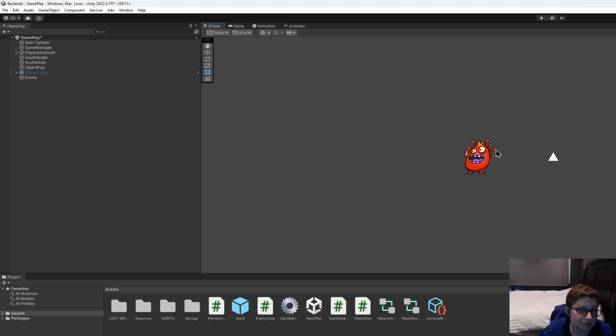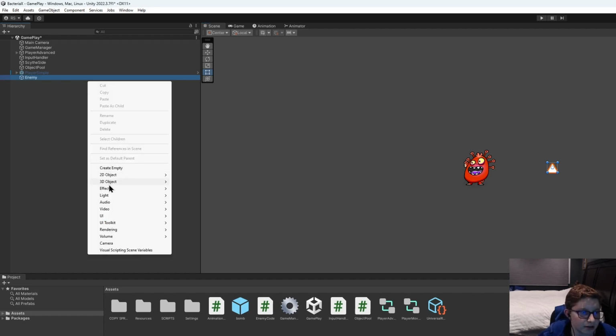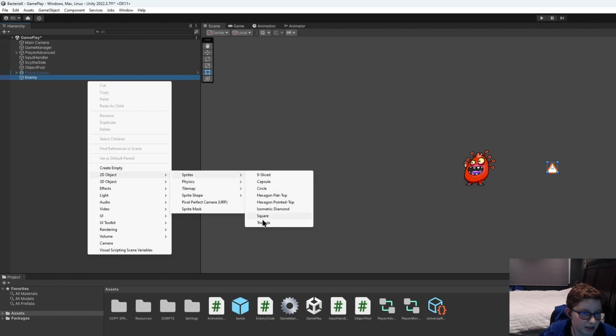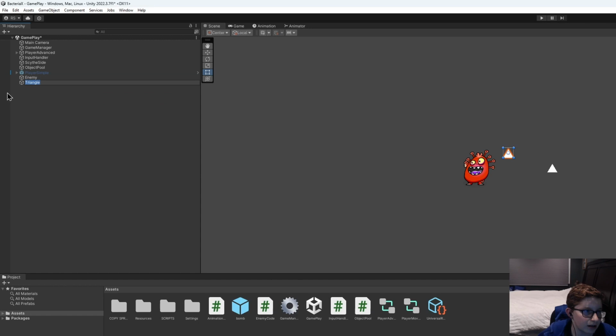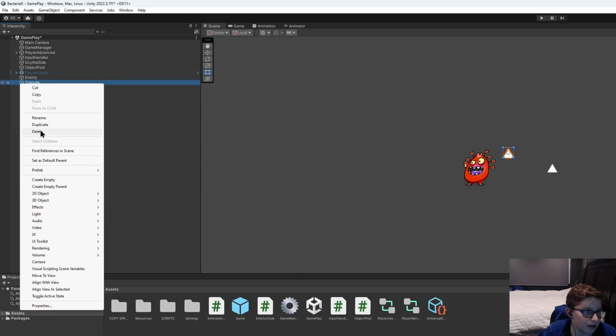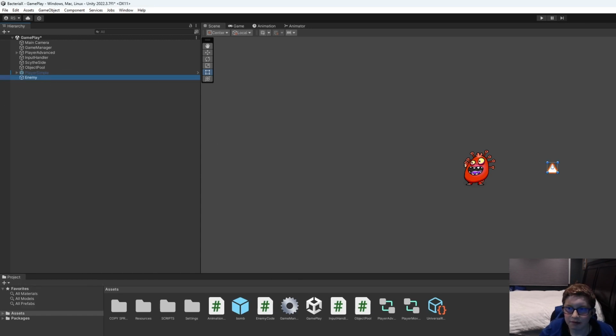Hello. So today we're going to be creating a projectile to shoot at an enemy. To start, you can create a triangle. You can add, go to Sprites or 2D Object, Sprites, then Triangle. Okay, so then we set it to enemy, and then we set the player to a tag, and